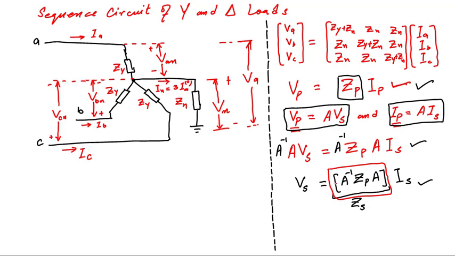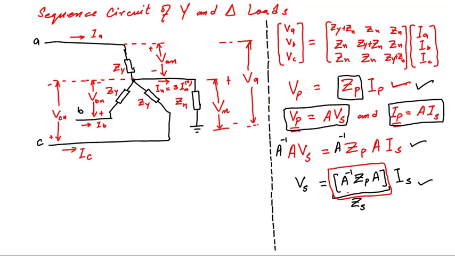Once we are able to solve this multiplication, we can move towards the next step, which is to draw the sequence equivalent circuit. From this circuit we developed the phase matrix equation. Then these phase matrix equations have been used to develop the sequence matrix equation. Now from these sequence matrix equations we are going to develop the sequence circuits. So this is the procedure that we are going to adopt in order to develop the sequence circuits of all the components of the power system. The derivation will be done only at this stage. On later stages we are going to write the final result.